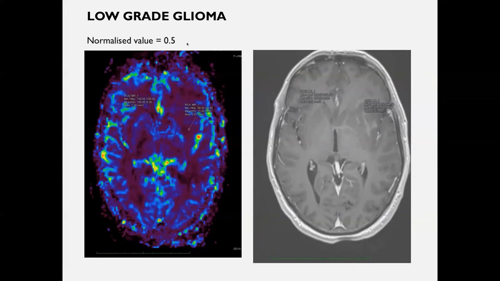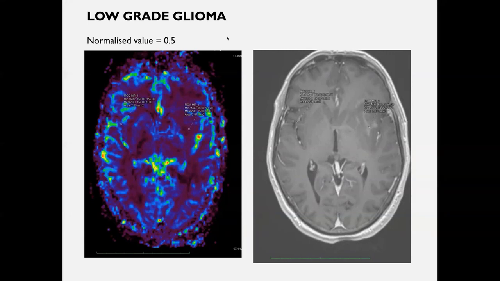Now, this is a low grade glioma. I'm sorry I was not able to take the FLAIR image, but here it was seen in the left external capsule or the insular region. The value came out to be 75, with 159 in the contralateral gray matter, so the ratio came to be 0.5. Low grade gliomas are really tricky. They are hypoperfused, and even sometimes choline values don't help. So morphological characteristics in low grade gliomas are really helpful. In our experience, we get somewhere from 0.5 to 1.5. This is our experience in our institute for low grade gliomas.